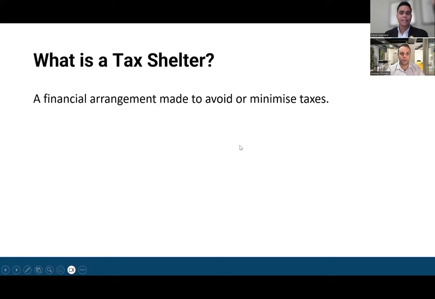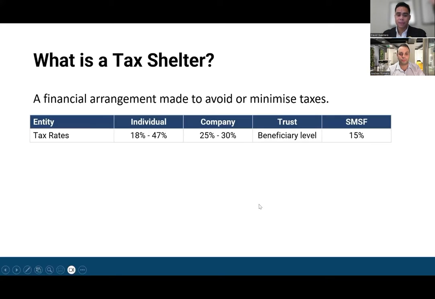So first off, what is a tax shelter? It is an arrangement to avoid or minimize taxes. And just note that this can be done legally. So we know that there are different entities and they all have different tax rates. So the name of the game is to use a combination of these different entities to reduce your overall tax